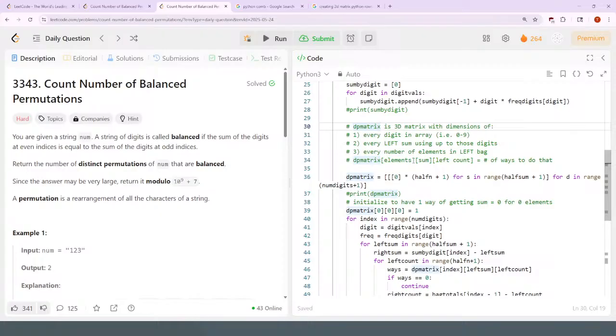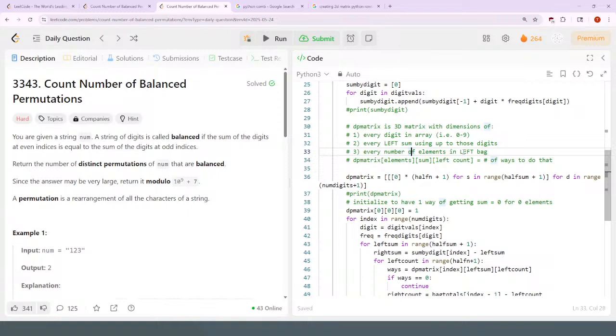whenever you make a dynamic programming solution, in my understanding anyways, because I'm obviously not a pro at it, there's going to be multiple dimensions, and each dimension covers all the possible values that you want to track. And here the dimensions that I want to track are how many digits I've used of the digits that are present in the string, what the sum is using whatever you have, and here I'm thinking of the left sum or the even indices sums, and then the